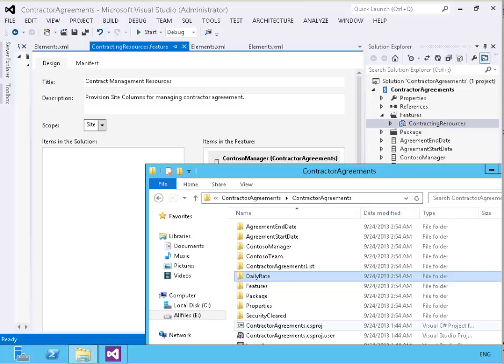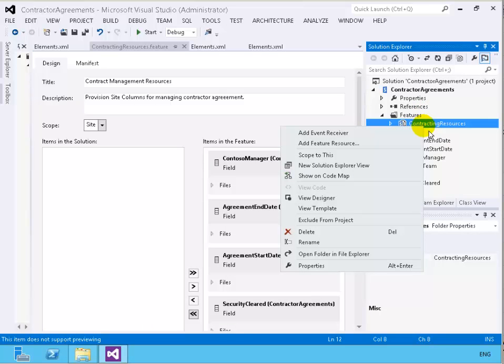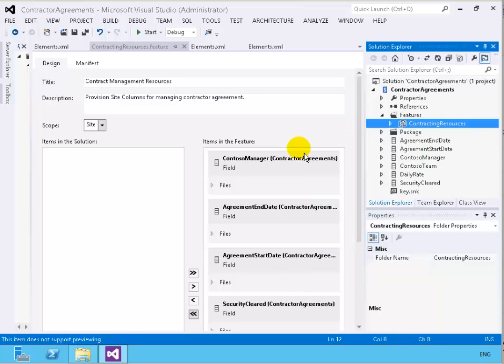In this lab, in exercise 2, we're going to add a feature receiver class. So whenever someone activates this feature, okay, we are going to create a new content type that's based on these site columns that we have just deployed. So right-click on the feature and say we would like to add an event receiver. Now this will bring up a